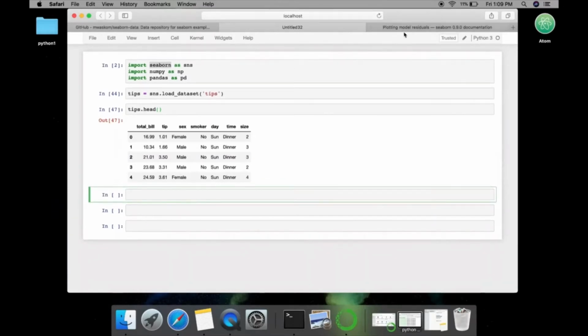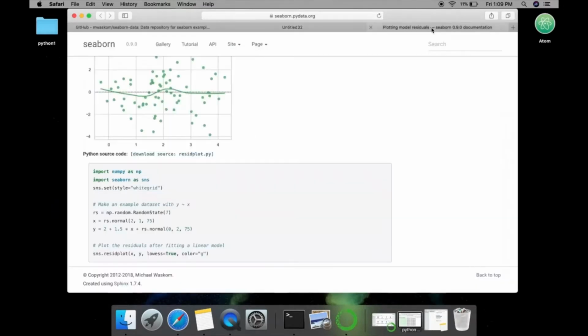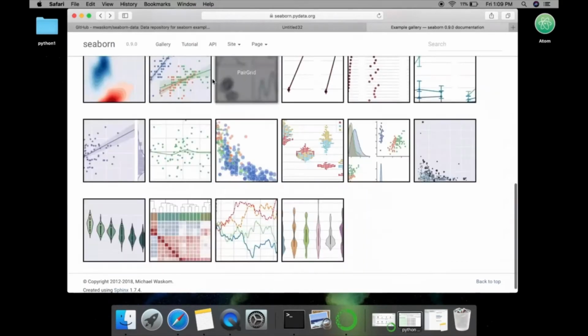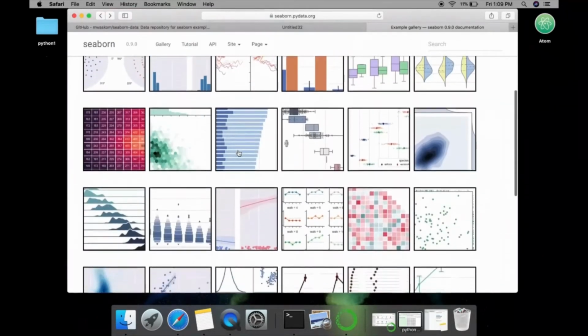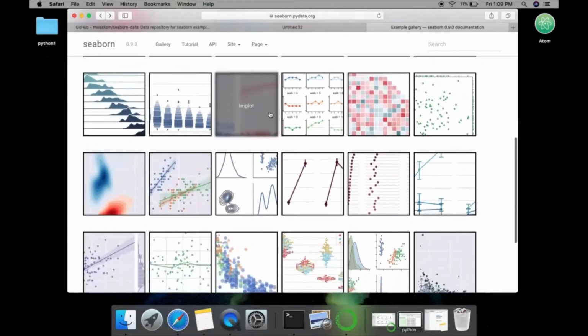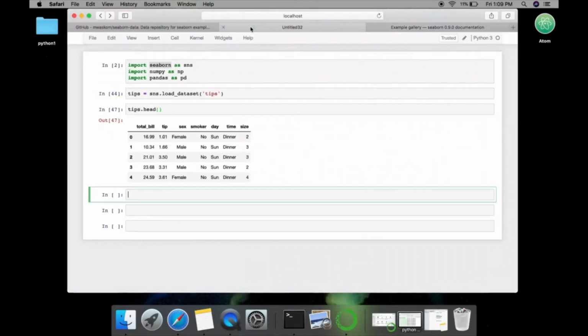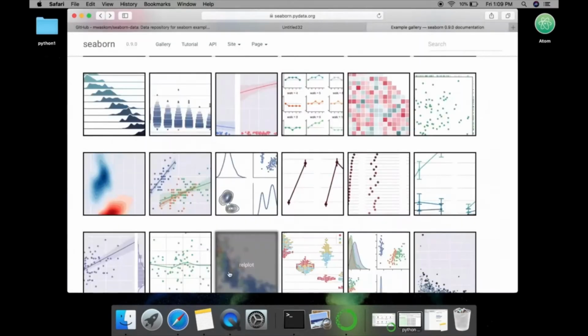Now let me move to the distribution plots. So here I have all these plots and most of these are distribution plots. So plotting the distribution plots, we have two different methods. That is, first is just by directly plotting the plots, second is by using the subplots. What I mean by that one, like if you look at here